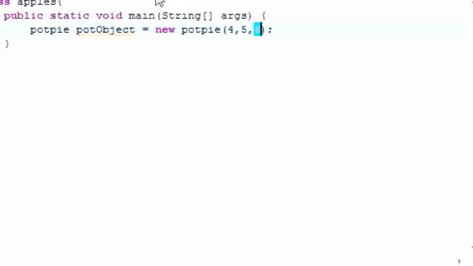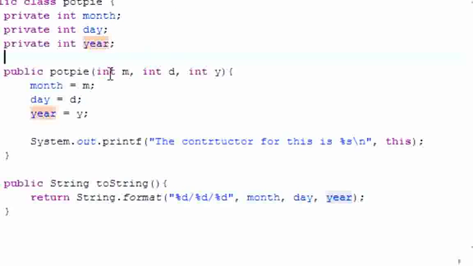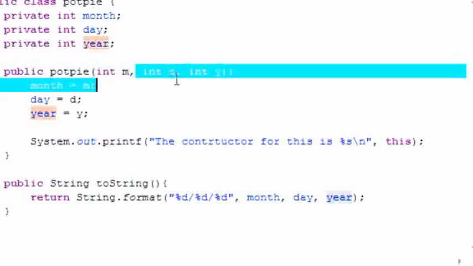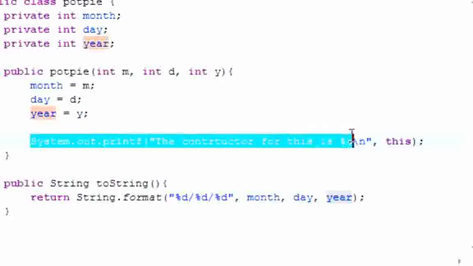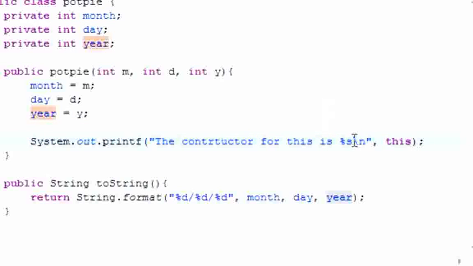So let's look at what happened when I created that object. It said, alright, since the first thing I'm going to do is this constructor, I'm going to pass the parameters 4, 5, and 6. Month was equal to 4, day was equal to 5, and year was equal to 6. What the constructor also did is say, every time I create an object, I want you to print out this string. But in the string variable, instead of an actual string, we had a reference